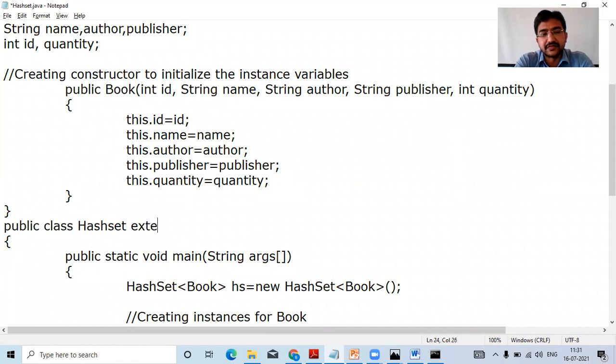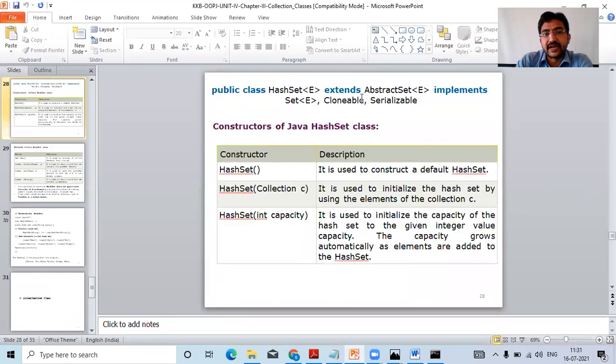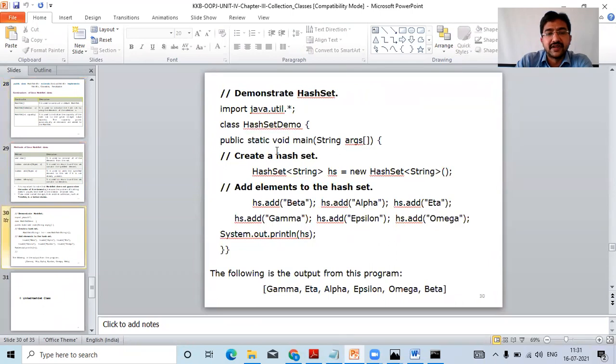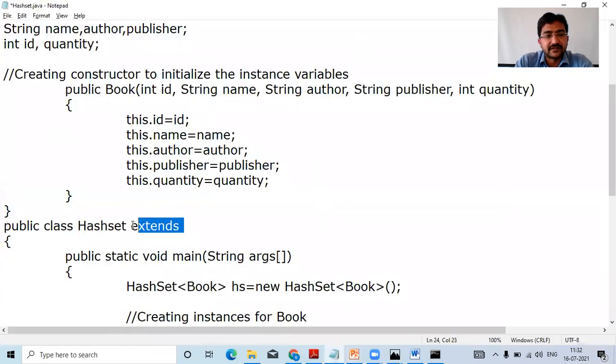So this class has to extend HashSet. This is the HashSet, right? In the syntax, we extend whatever class we create. We can directly use that one, or else if you are using the main class itself, you can extend that. The HashSet is created with the help of AbstractSet, but there is no need of that. What is the use of this? Fine. Okay. Right.